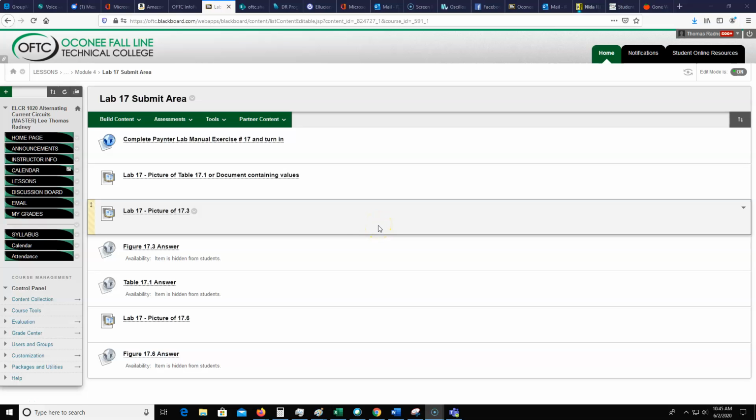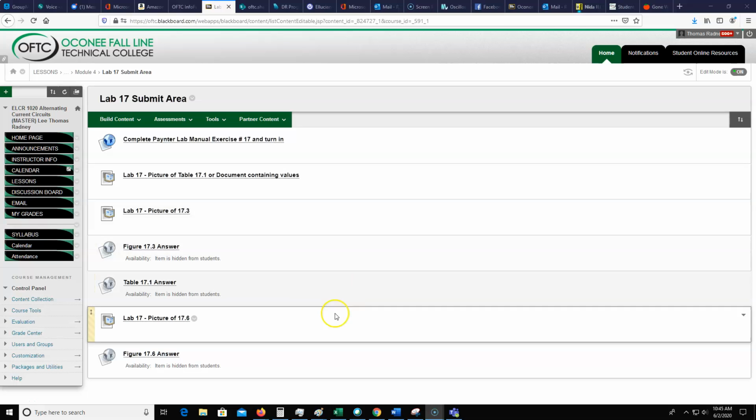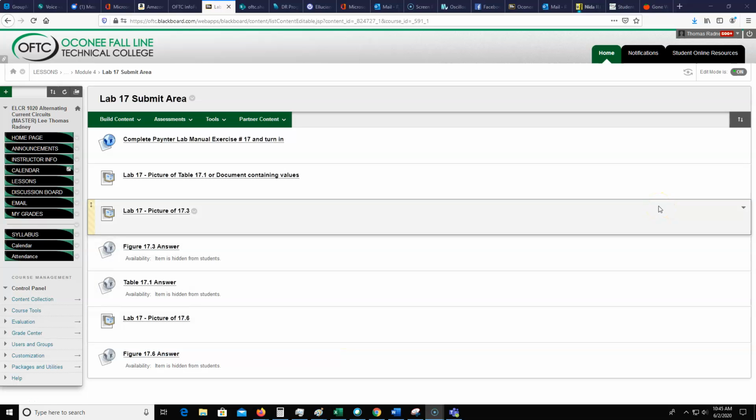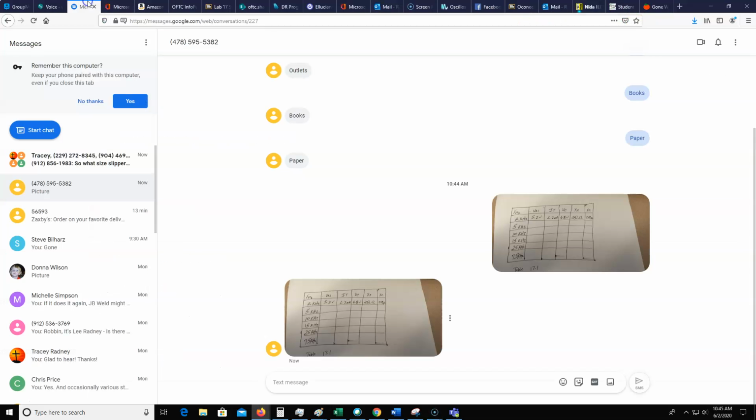Okay, so maybe you're asking, how do I submit some of these labs, some of these pictures, especially those with tables and that kind of thing? Well, hopefully you have a lab book, and you could fill out that table in the lab book. Or if you don't have your book handy and you're doing this somewhere, hand draw a table, sort of like